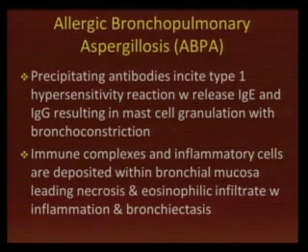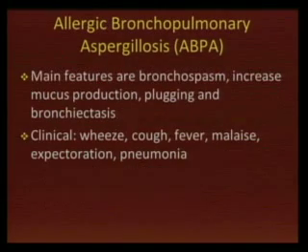We have a type 1 reaction, which is a release of IgE and IgG with bronchoconstriction, and a type 3 allergic reaction with immune complexes that are deposited in the bronchial mucosa producing necrosis, inflammation, and bronchiectasis. Regarding the clinical findings, similar to other diseases, wheezing, cough, fever, pneumonia